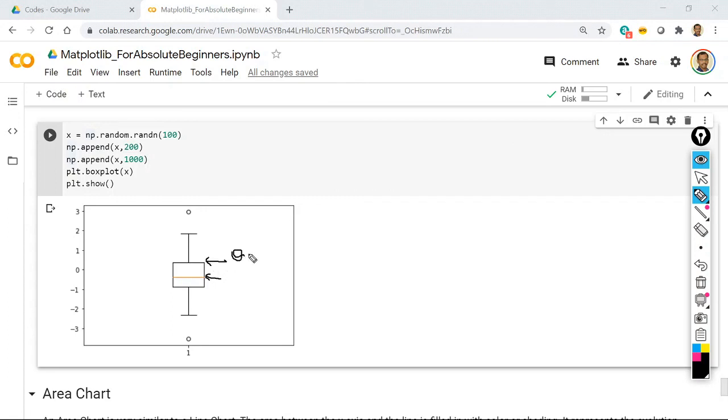or quartile 1, meaning from this point, 25% of the data that you have will lie between this median point and Q1. Similarly, you have a quartile 3 here. So there will be four quartiles, 25% data, 25, 25, 25. Your 50 or your center will be this orange line, and this will be your quartile 1, this will be your quartile 3. And this whisker is nothing but 1.5 times the distance between your median and Q1